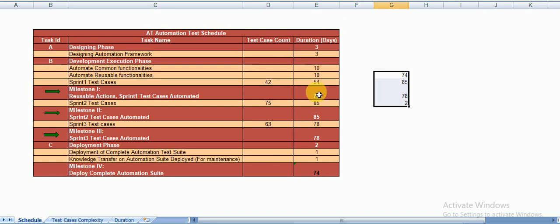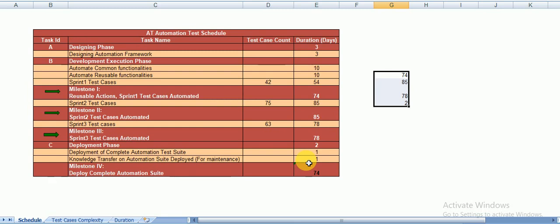In the schedule, we have how many days are required to complete the designing phase, the development phase, and then we start automating the reusable components, common functionalities, and sprint 1 related test cases, how many days it is required, sprint 2 how many days, sprint 3 how many days. At the end, we give the entire test suite to the client for his maintenance.